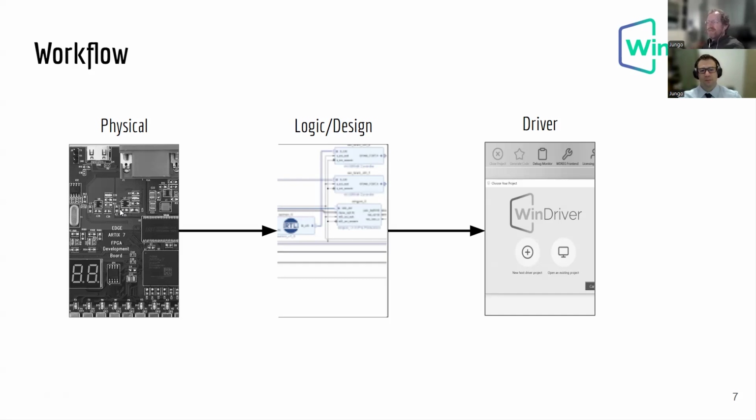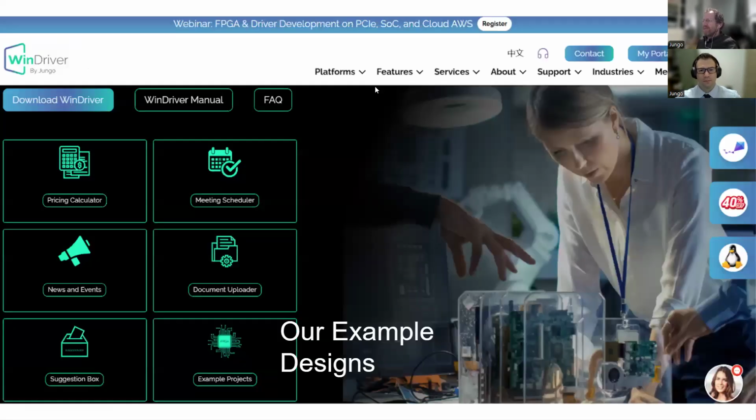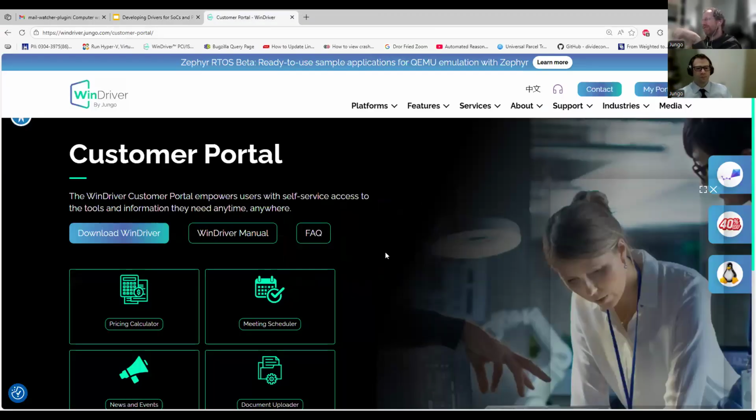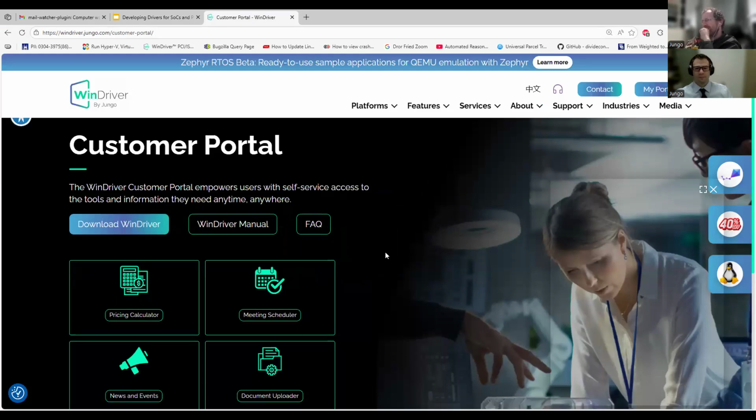And we're not going to get too deep into that, but there is one thing that I want to share with you before we carry on. This is our example design section. So Shlomi, do you see that now if I'm sharing it? Yes.